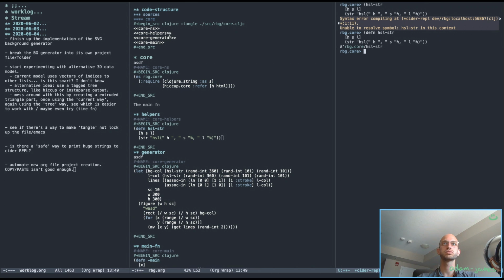Whew. Helpers, HSL string, 1, 20, 40, HSL 1, 20%, 40%. Yep, looks good. And then